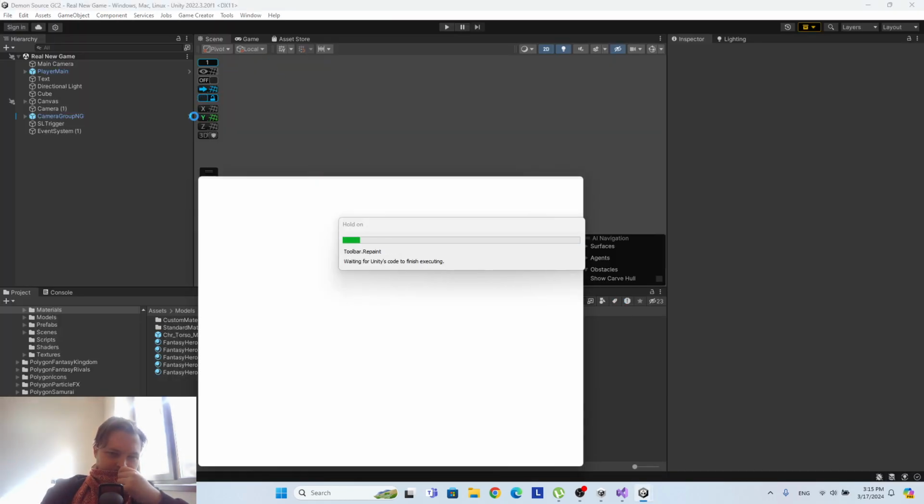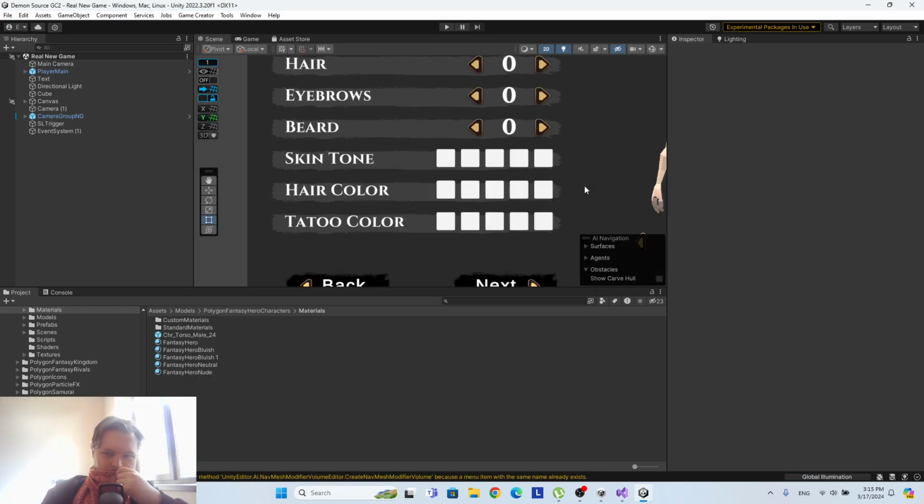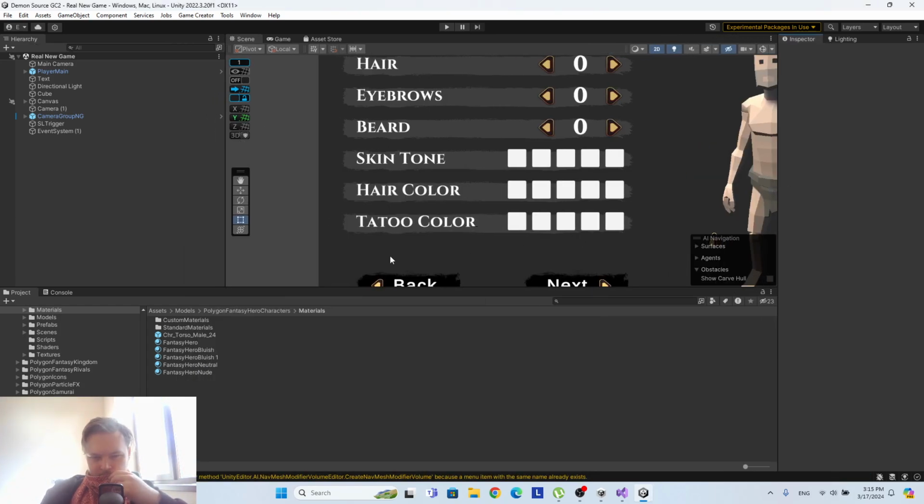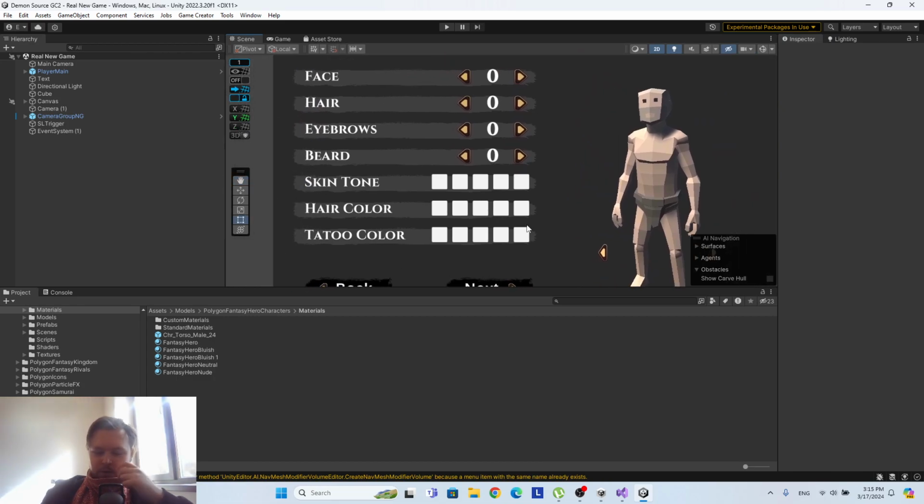But that's how you usually work with no-code instruments. So if I use my skin tone controller to specify all skin tones within the scene of all game objects,